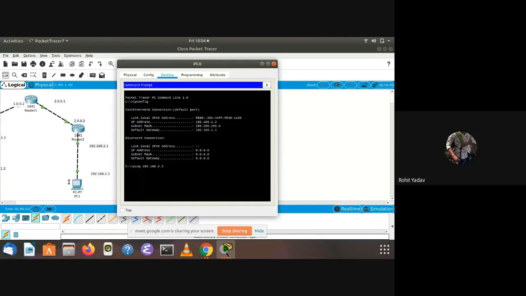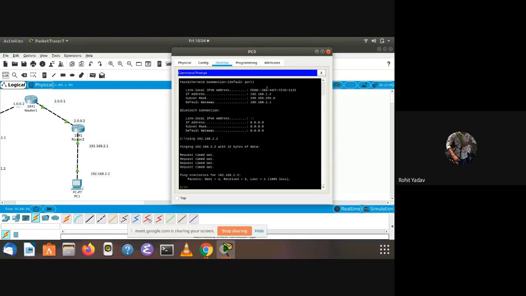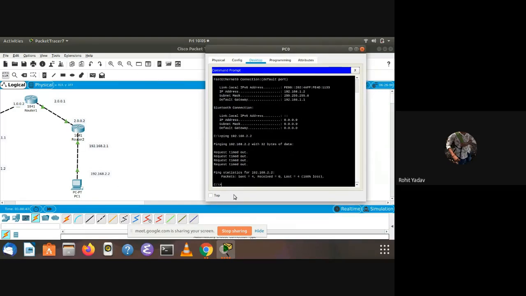Yeah, let's see if it works or not. I don't know. This should work. Packet loss. Let me check. What are you doing wrong?